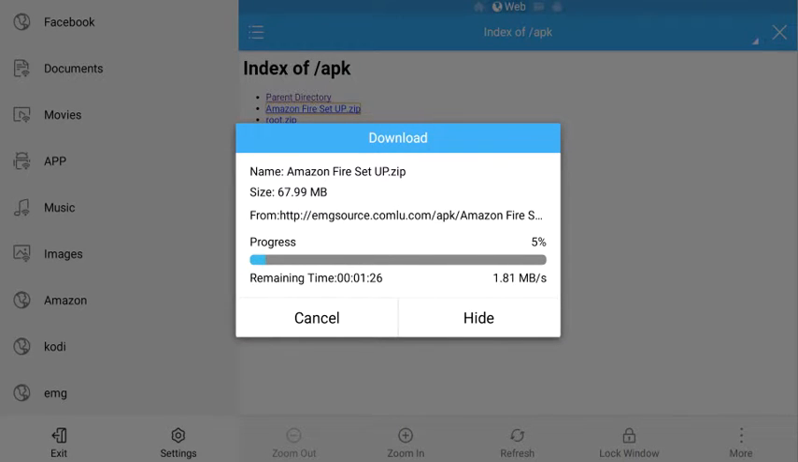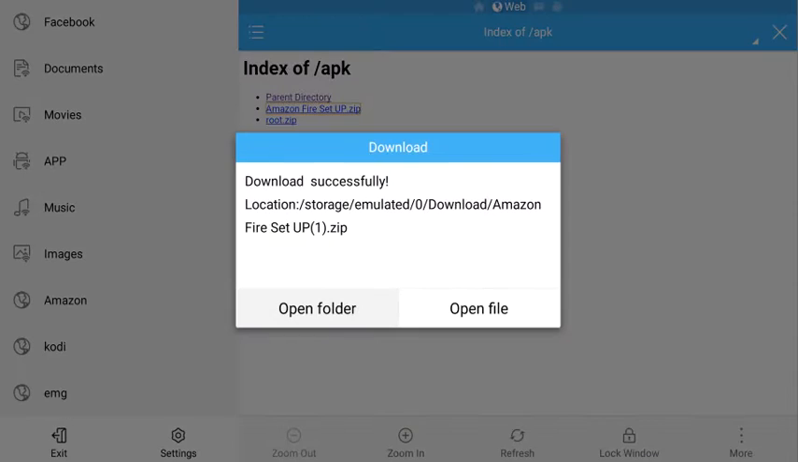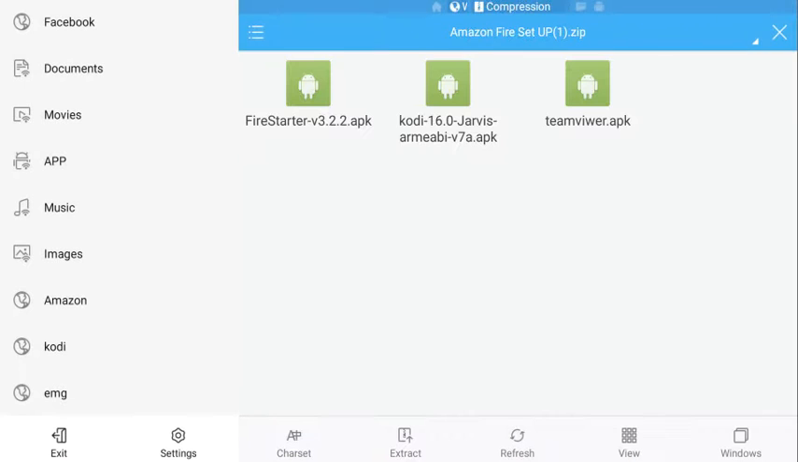It's gonna install, and what it's gonna do is basically this zip file has everything you need for you to set everything up. You don't have to go and enter any other website. One source, that's it. All right, so as soon as it does that, you're gonna open file, and you see right here you have Fire Starter, you have Jarvis and TeamViewer. So if we click on